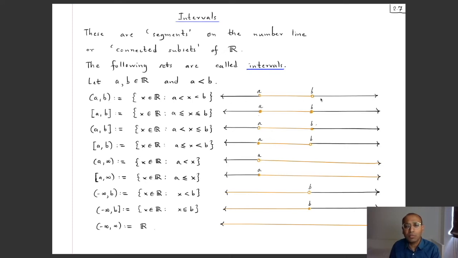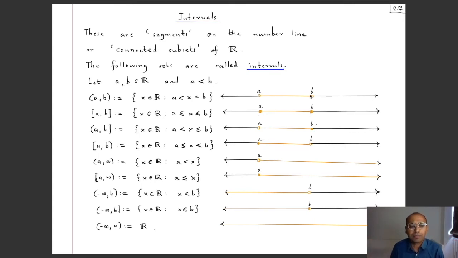Okay, so on the number line, when A is less than B, A is to the left of B, and then we are looking at all the points which are strictly between these. So x is strictly bigger than A, strictly less than B. So A and B are themselves not allowed to be in this set. That's why I have indicated them by holes here. Okay, so only the orange bit in between these 2 points, but not these 2 points, are in